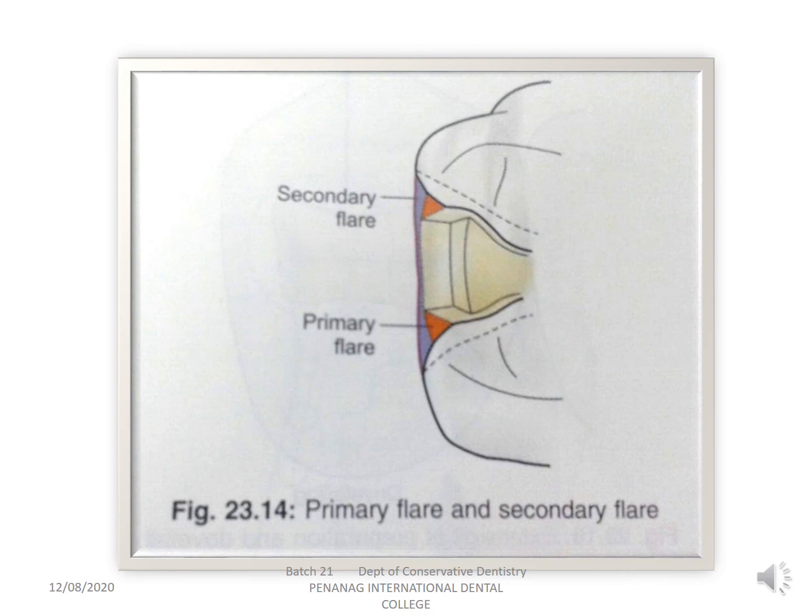Let's look at the picture of the primary and secondary flare again. As I said, the primary flare is an extension of preparation from inner tooth preparation wall of facial and lingual surface extending into the embrasure. Those are called flares. Flares can be primary flare and secondary flare. Primary flare is a first extension. If you extend the flare more into the embrasure, it is called a secondary flare. Primary flares are usually given. Secondary flares are given only if there are broad contact areas, or there is a requirement to remove caries or remove undercuts, then only secondary flare is given.